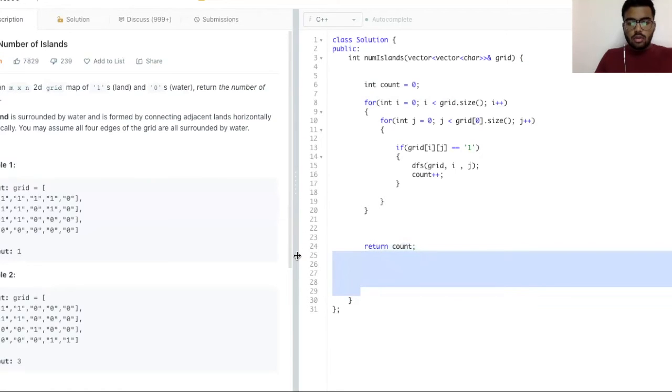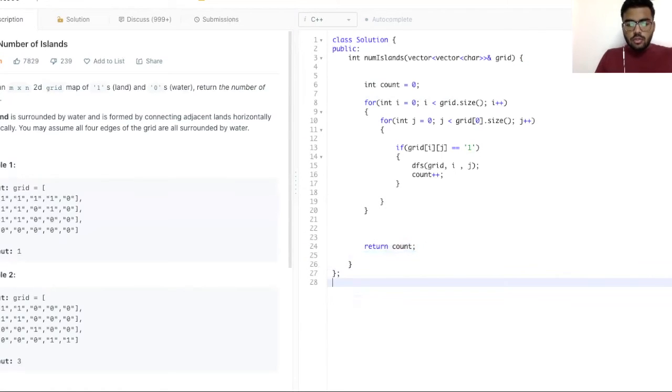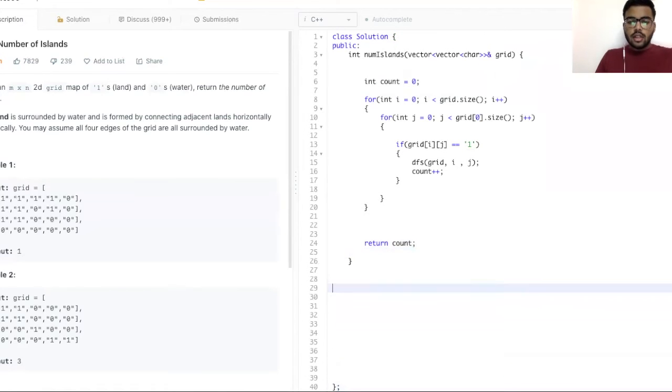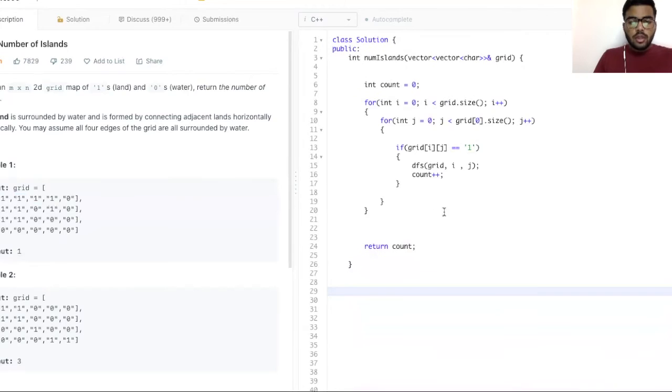Now this will give us the number of islands, but we also have to ensure that each island is counted only once, vertically and horizontally. So to define that function, we'll be doing a DFS on the grid.